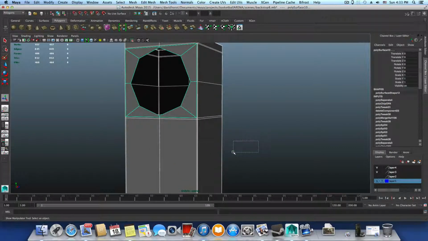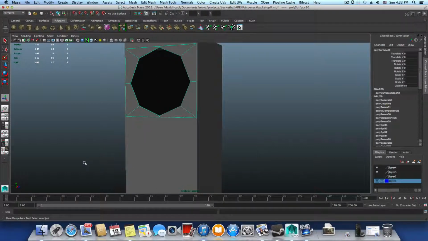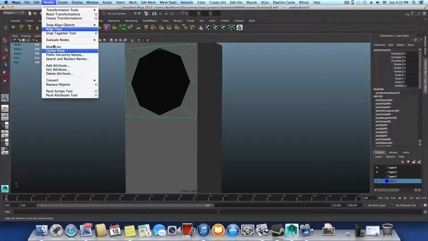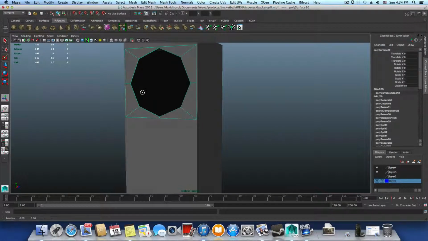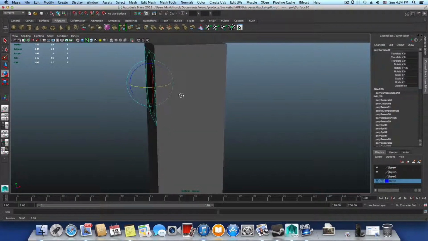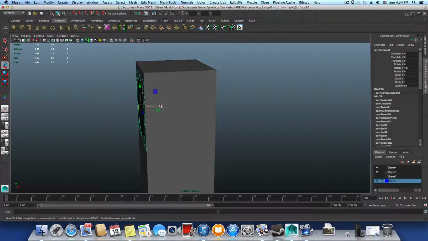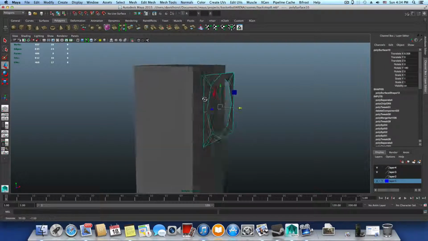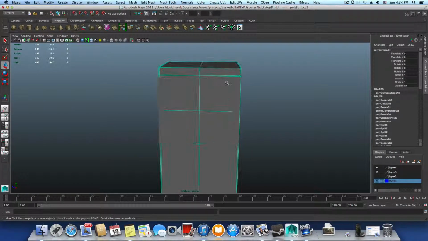I will hold down Control and select this to unselect it, and so I will stay only with those faces. Modify, Center Pivot, and switch to the rotation tool, and I want to grab this and rotate it that way, 180 degrees. Okay, and this is because I need this to be connected over this side right now. Okay, so what I will do, I will right click,